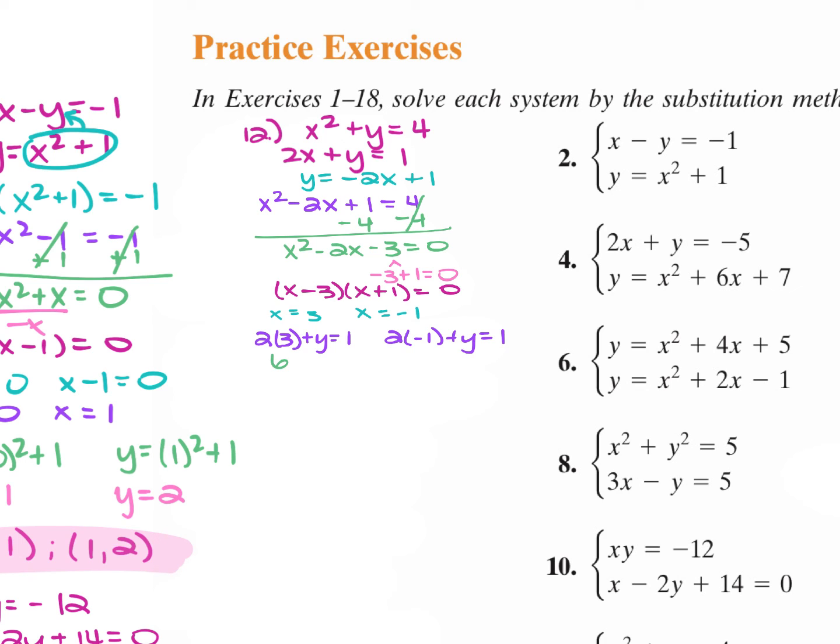Your 2 times 3 is 6. If we move the 6 over, we subtract it from both sides, so you get that y is negative 5. For the 2 times negative 1, that's negative 2 plus y is equal to 1. Move your 2 over, add it to both sides, you get that y is 3. So the two ordered pairs that you're going to have left as your solutions are 3, negative 5,